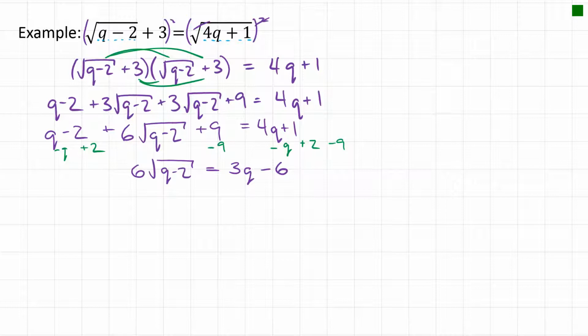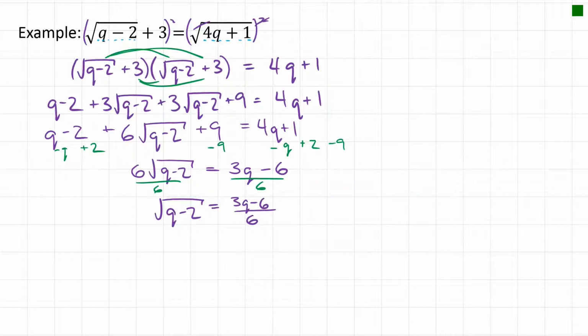And now divide by 6, and I'm left with the square root of q minus 2 is equal to 3q minus 6 over 6,